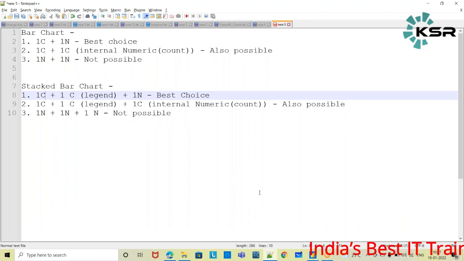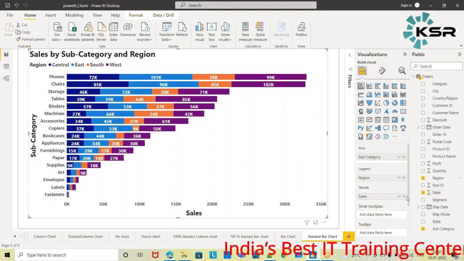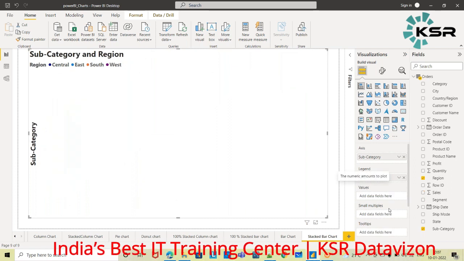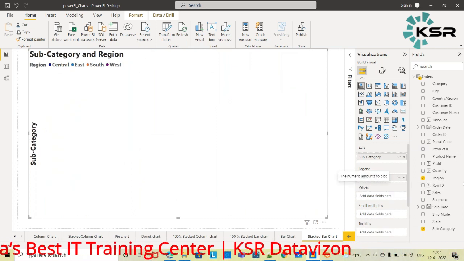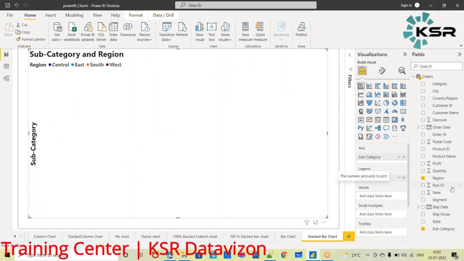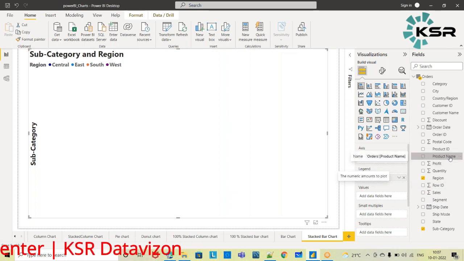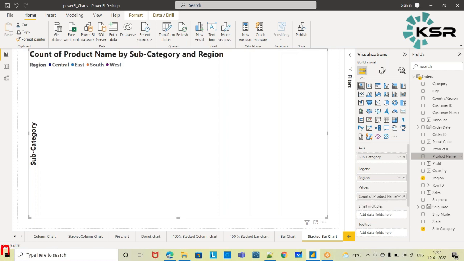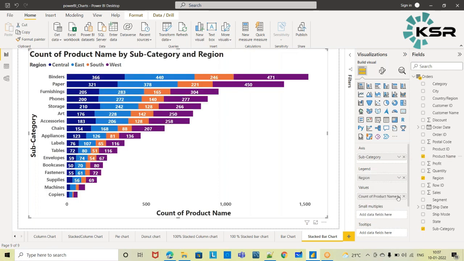Now here also, instead of this sales, I don't want to have the numerical value. I'll take one more categorical value only. So I'll take the product name. This is a categorical value, but since you are drag and dropping it into the values field, it is converting internally to a numerical value, and it is showing you the count of products.